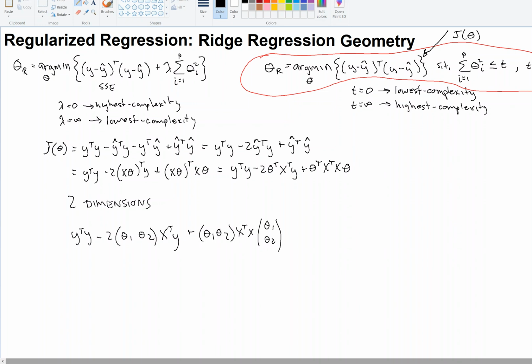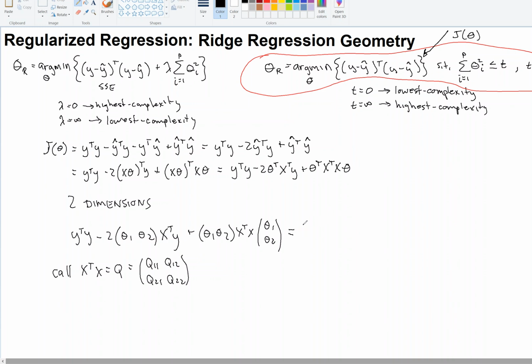And then I'm going to call x transpose x, that would be a 2 by 2 matrix. X is n by p, or n by 2, so this is a 2 by 2 matrix. So we're going to call that Q11, Q12, Q21, Q22. Okay, and then what we've got, and I can write this out,